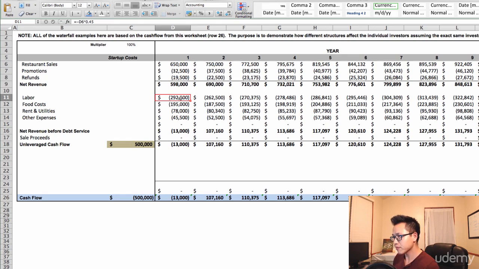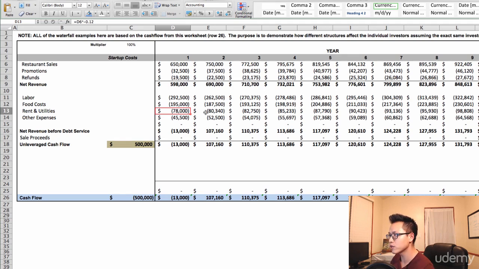So what a lot of new restaurants do is initially overstaff just to make sure that they don't give a bad experience, and then they start to pare down, and they pare down just enough so that the customers can't perceive the difference, but then the restaurant starts to save because sometimes you get to know when your peak hours are going to be, and then after that you know how to adjust your hours accordingly. So we're going to assume that the second year they become more efficient. They're going to go from 45% labor costs to 35% labor costs. Okay,